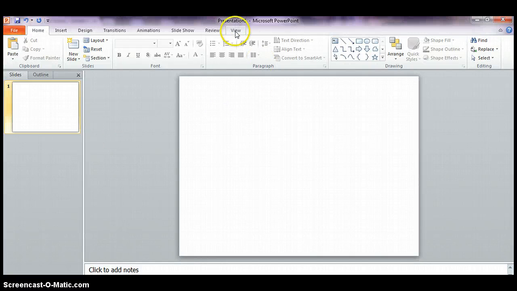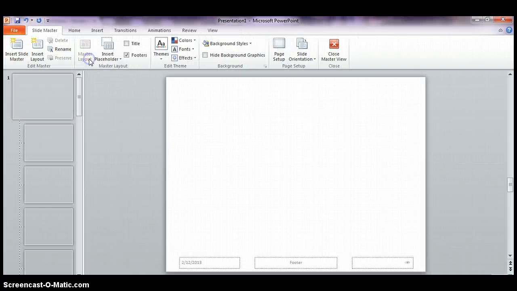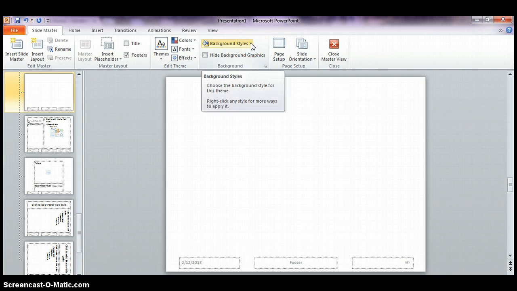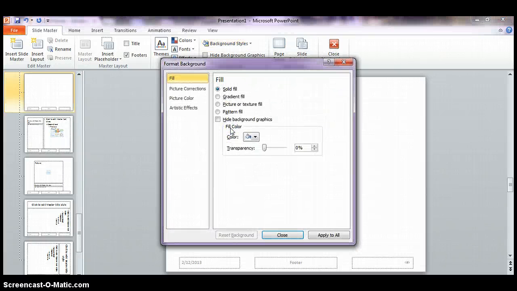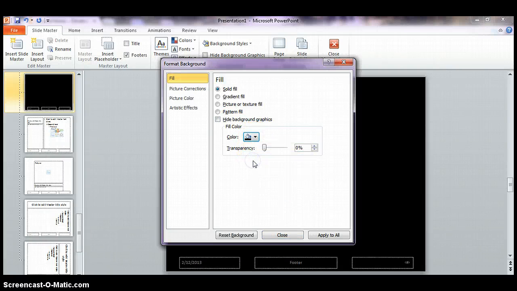Now, we're going to build a background. So if you'll click on View and Slide Master, we're going to make a Slide Master here. I'm going to use the moon phases as my topic. So I want a black background on all my slides. So at Background Styles, I'll click down arrow and choose Format Background. And here where it has a color, I want to choose black and click Apply to All,